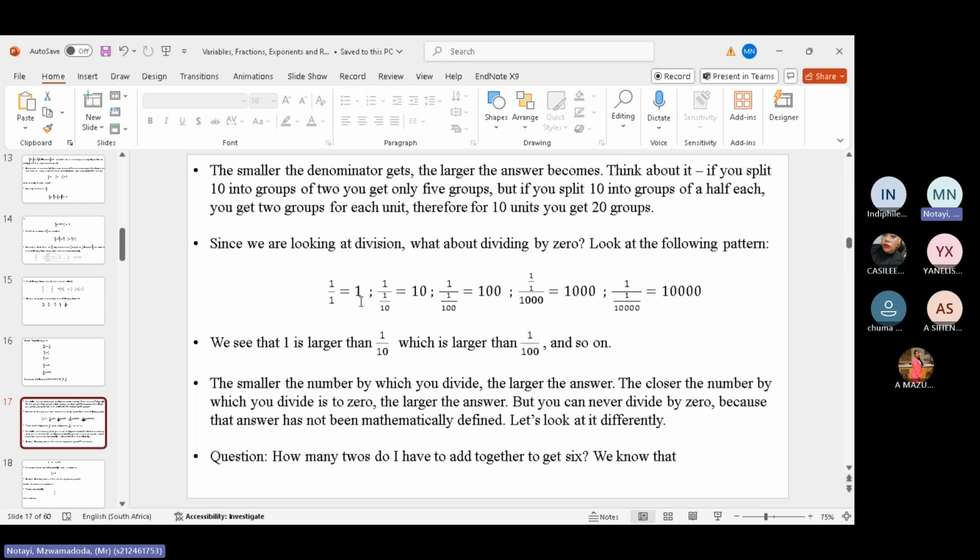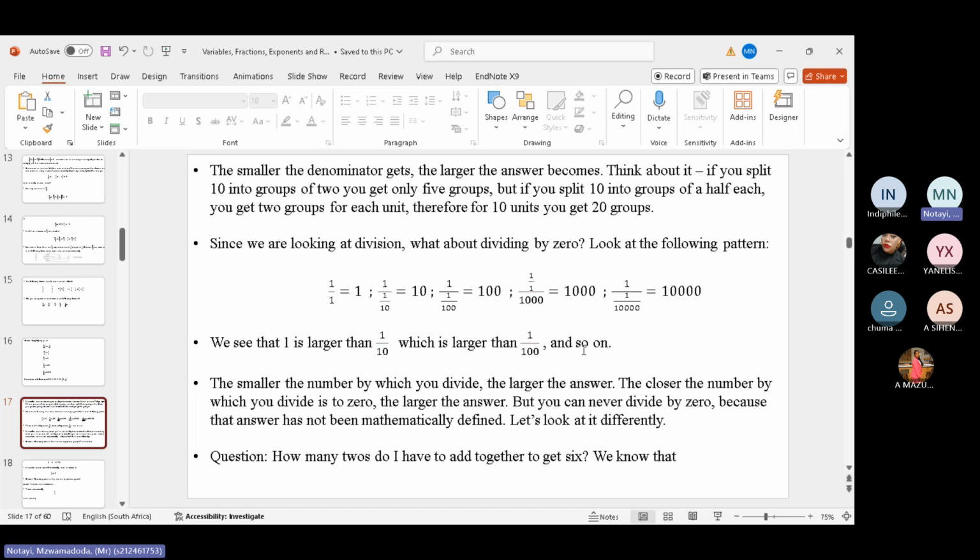So 1 over 1 gives us 1. So 1 divided by 1 over 10 will give us 10. And 1 divided by 1 over 100 will give us 100. And then 1 divided by 1 over 1000 gives us 1000. And then 1 divided by 1 over 10,000 gives us 10,000. We see that 1 is larger than 1 over 10, which is larger than 1 over